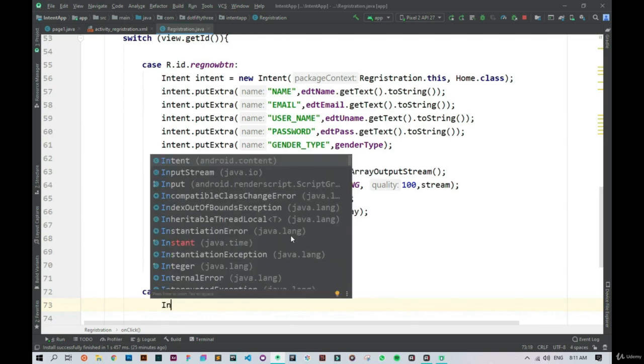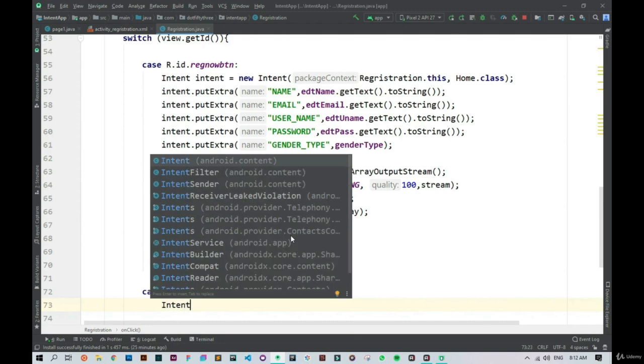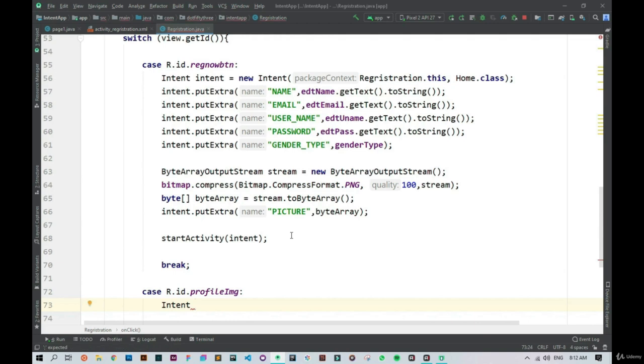Now another use of the intent is to implicitly open any activities. Okay, another use of the intent is to open other activities or other applications of the phone as well. So using the intent object, I can open the photos application on my phone in order to select images as well. So let's just do that. In order to select the profile image of the user, I will say intent, and then I will name the object of the intent as